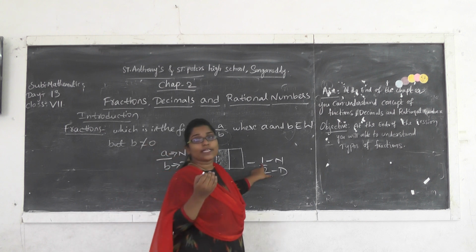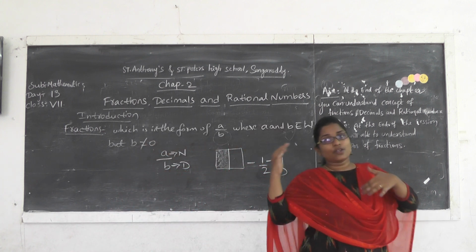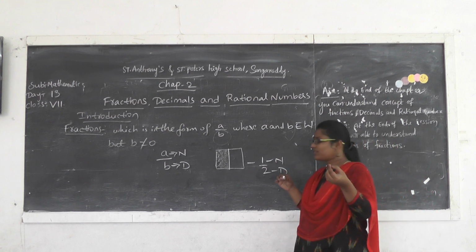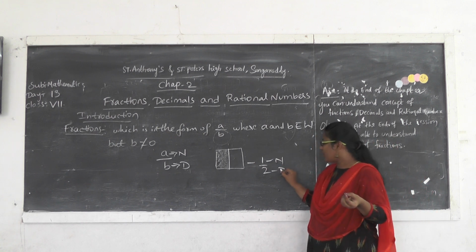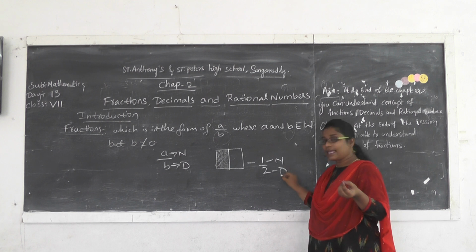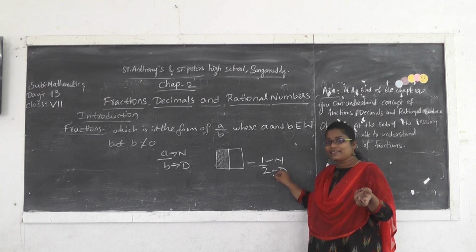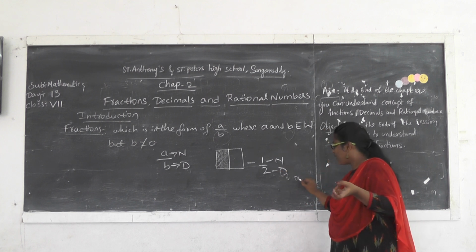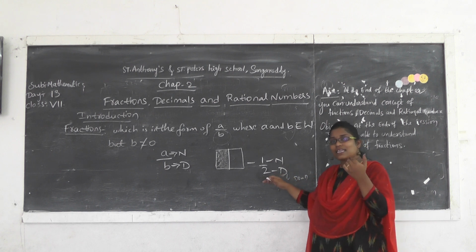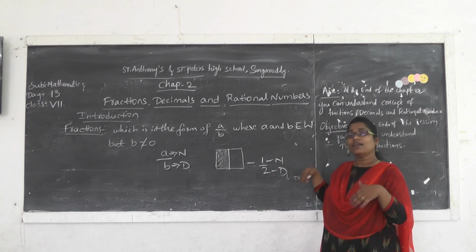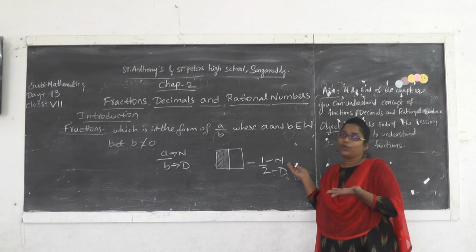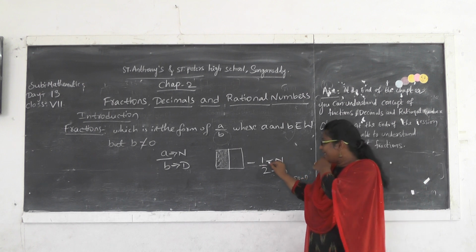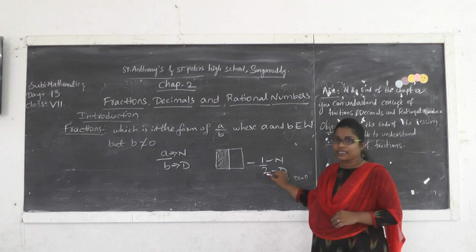Many students will confuse between numerator and denominator. You can take a small hint like this. What I wrote here, denominator as 2. So denominator is nothing but down. You just remember like this: the number which is there downwards is the denominator. Remaining, the top one is the numerator. Okay, so numerator, denominator. Do you understand how you will represent the denominator?